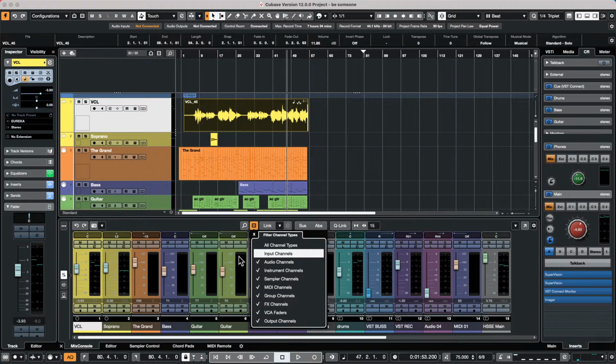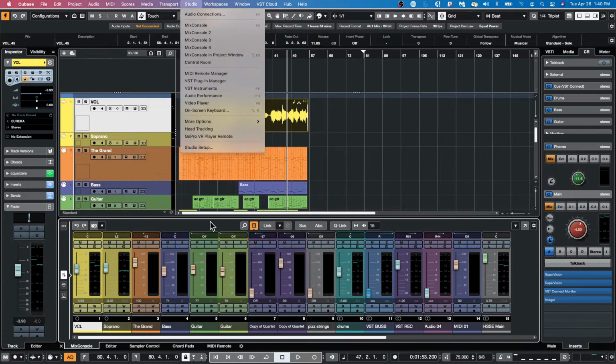Okay, so I see, how can I link MPC Studio to Cubase the best way? So probably, what I would do, I'm not that familiar, but if you're treating it as a sequencer where you want to do sequencing in the MPC,